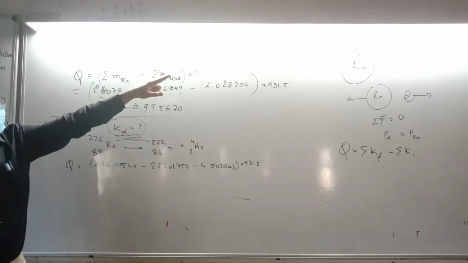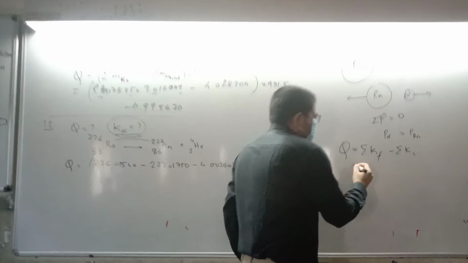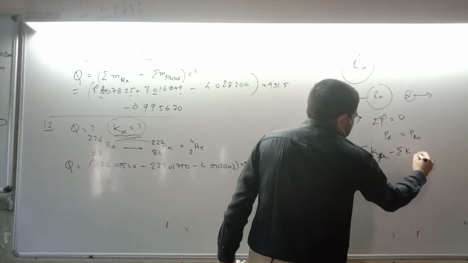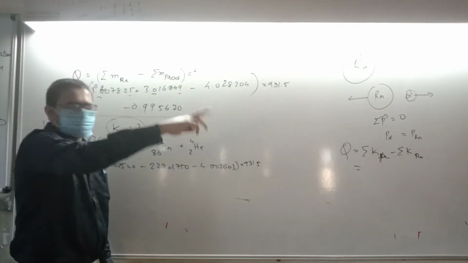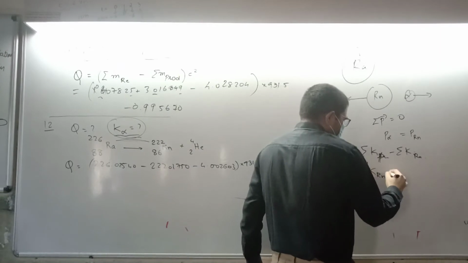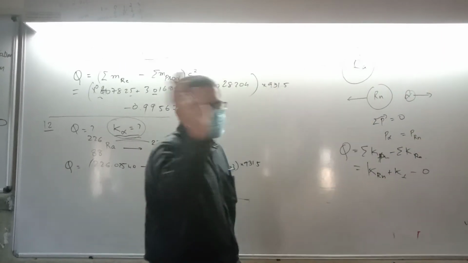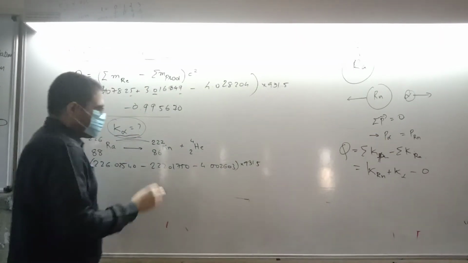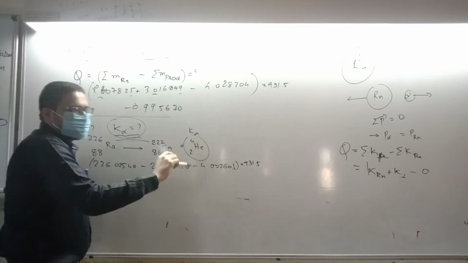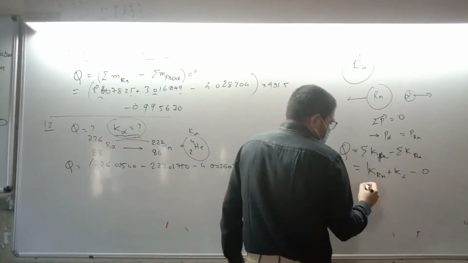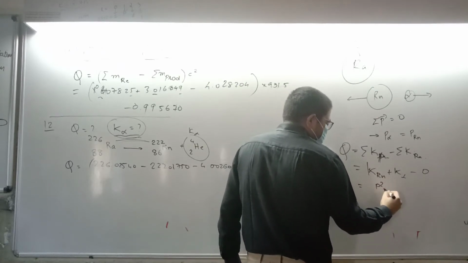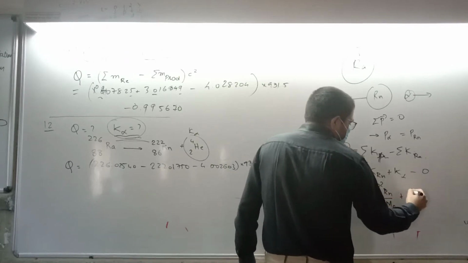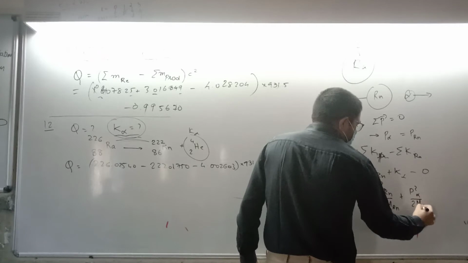Initial means of radium, 0, at rest. Okay, now what about final? In final there will be two things, the products, right? Is that okay? Here we wrote product, actually I remember now, and here two. So for products you have two, you just write kinetic energy of radon plus kinetic energy of alpha minus 0. Understood? Now what to do? We have the momentum information and we are interested in finding K alpha. Correct? So do you realize that based on this, you write it as momentum square of radon upon 2 into mass of radon plus momentum square of alpha upon 2 into mass of alpha. Did you understand this?